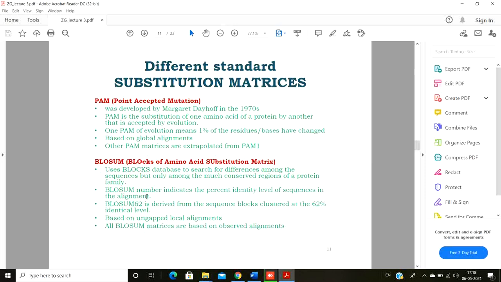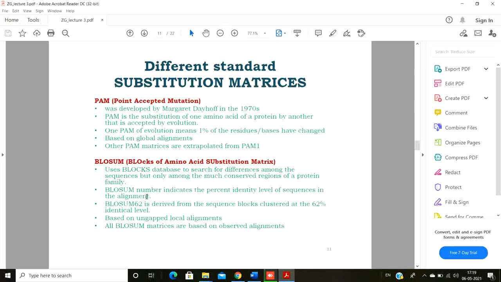PAM matrices are generally based on scoring all amino acid positions in related sequences. But BLOSUM matrices are based on substitutions and conserved positions in blocks. These blocks represent the most alike, common regions in related sequences. It does not score every amino acid position; rather, it scores a block of region. Understand?